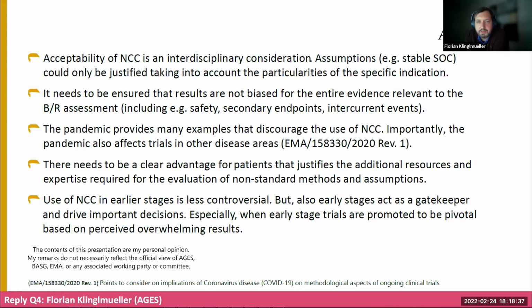this is not only limited to treatments for COVID-19, but we have also seen that the pandemic has affected other trials because patients were not able to come to their study visits, or hospitals may have been overloaded, and this was changing over time. It was changing between regions. And I think it is a good example of how externalities that are not expected and cannot really be planned for may have an impact on a trial, and it would create challenges if we then have comparisons to non-concurrent controls.